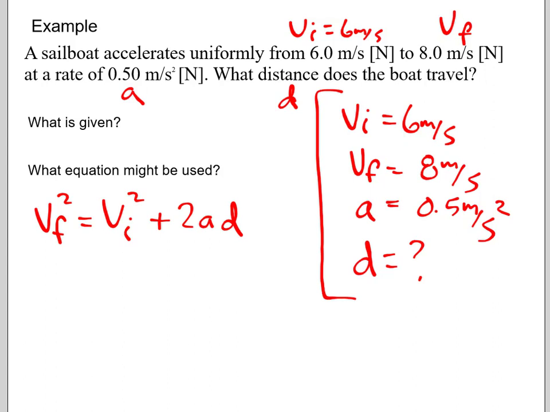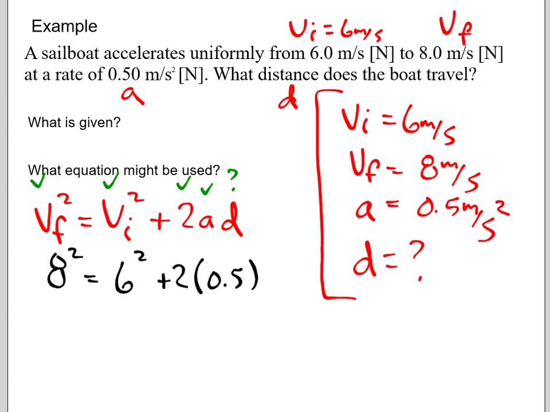If we do a quick check to make sure we have this information, we have VI, 2 is constant, we have A, but we don't have D. So we may have to do a little bit of algebra manipulation to solve this. So 8 squared equals 6 squared plus 2 times 0.5 times D. So this is 64, this is 36, 2 times a half is just 1, so this just becomes a